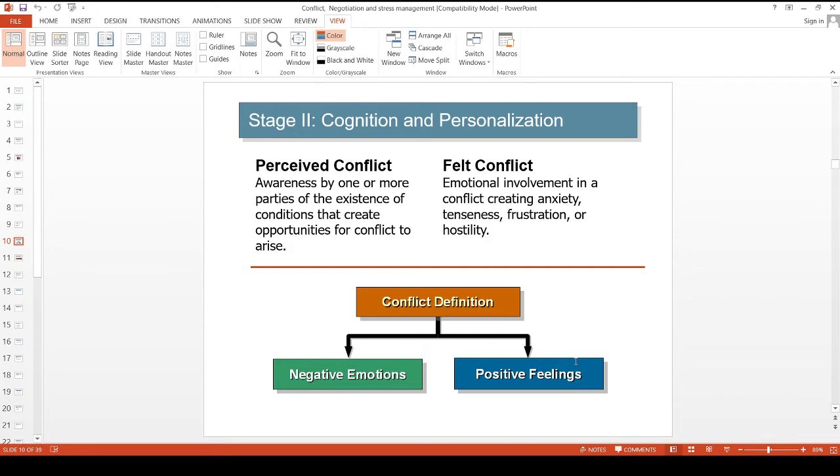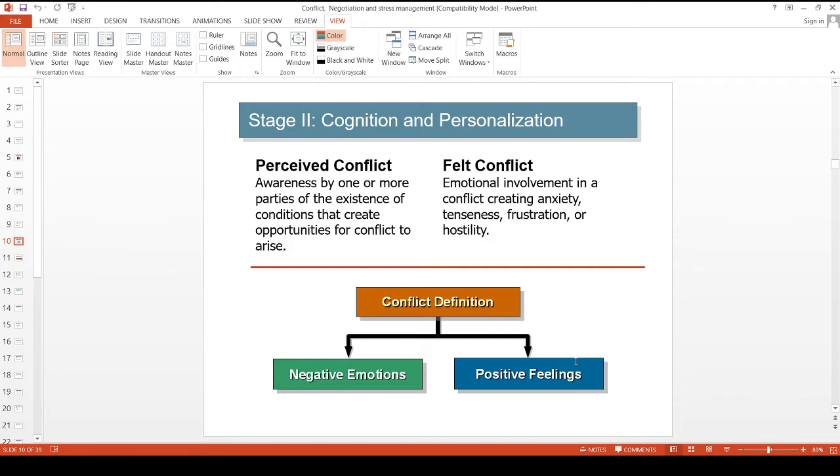Secondly, emotions play a very major role in shaping the perceptions. Perception is very important, that is, how you perceive a particular conflict situation. For example, some managers don't even perceive that there can be conflict in the future, but some managers who are more proactive can perceive early that there may be a conflict situation in the future, and they feel it and try to settle it at the first instance. So emotions play a very important role in shaping the perceptions.